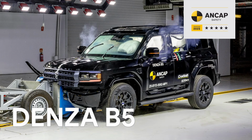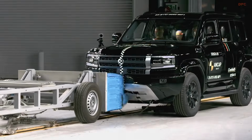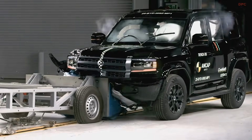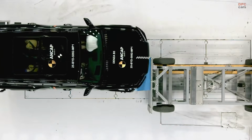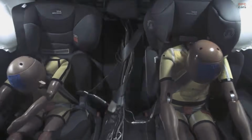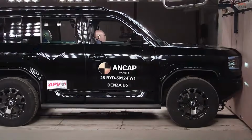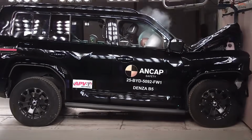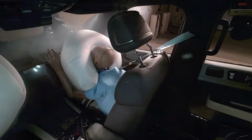When you look at the Denza B5, it might seem like another stylish plug-in hybrid sport utility vehicle, but its real story is written in the crash lab. In the latest ANCAP testing, this large plug-in hybrid sport utility vehicle showed that it is built with families and real-world safety in mind. Beneath the clean design, you have a 5-door body, a 1.5-liter petrol plug-in hybrid powertrain, and